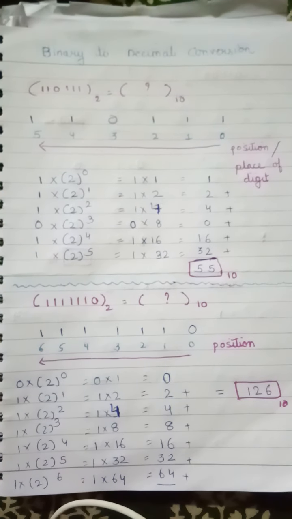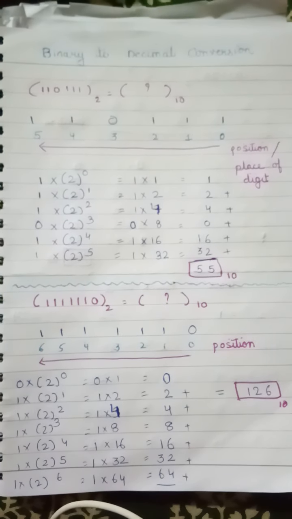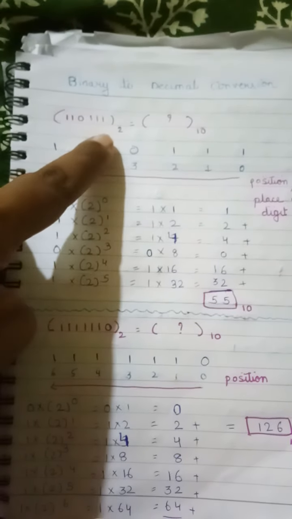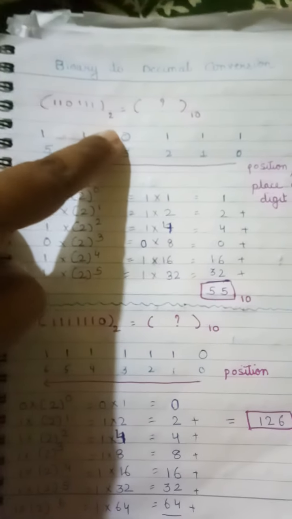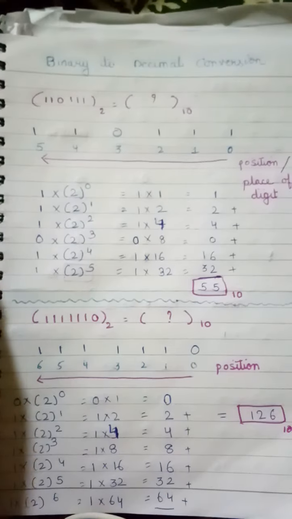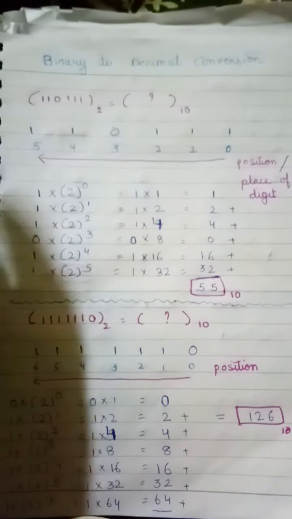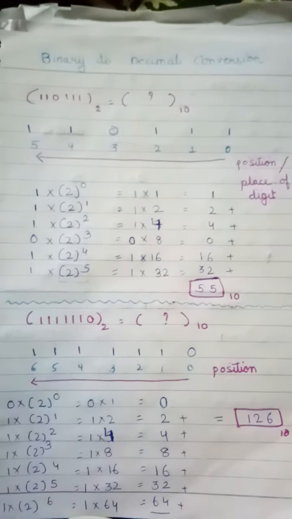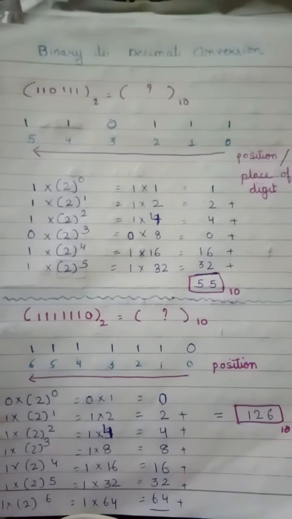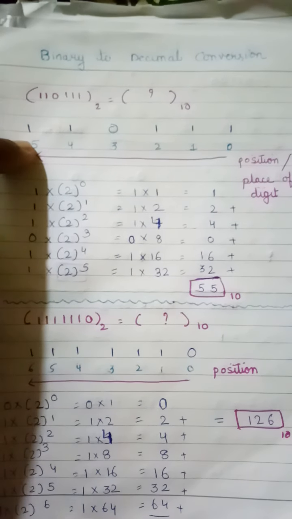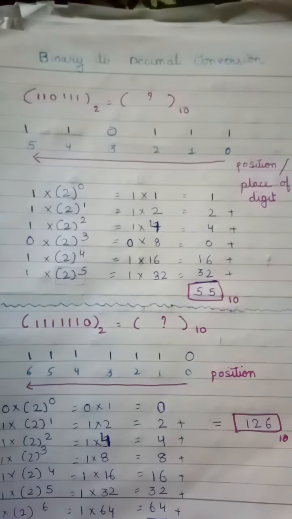Yes children, here in the notebook you can see I have taken the same sum, so you can compare. The answer of 55 was 110111. Now this is 55, I know because I have done this sum in my previous pages. But how do we convert it and take it back to its same form, decimal form? So first I will write down the digits the way I got the answer, 110111.